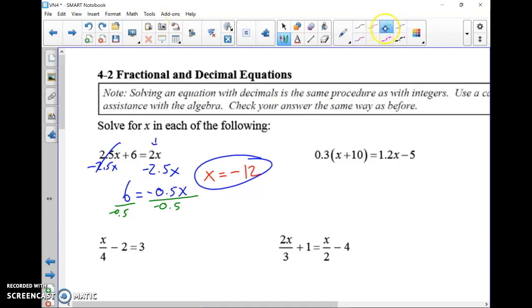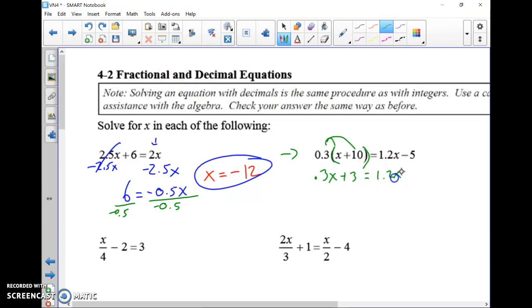All right, how about the next example over on the right side here? We see a number in front of parentheses, and we know, just like we have been doing for weeks now, this means the distributive property. So 0.3 times x is going to be 0.3x. 0.3 times 10 works out to be 3. Again, I know I'm repeating myself a lot here, but just use your calculator. Type in 10 times 0.3. You'll see that it's 3. And so then it equals